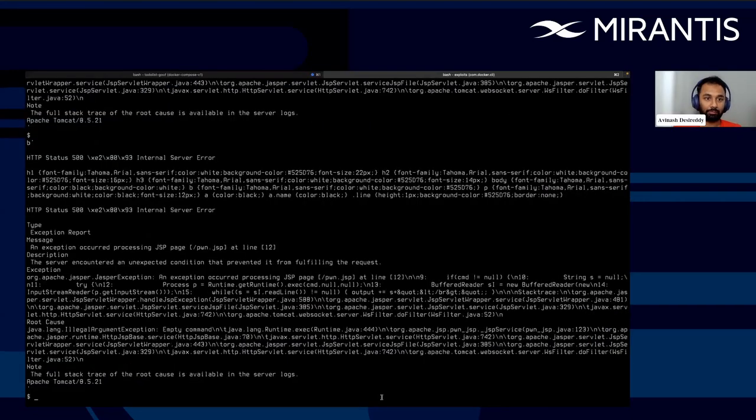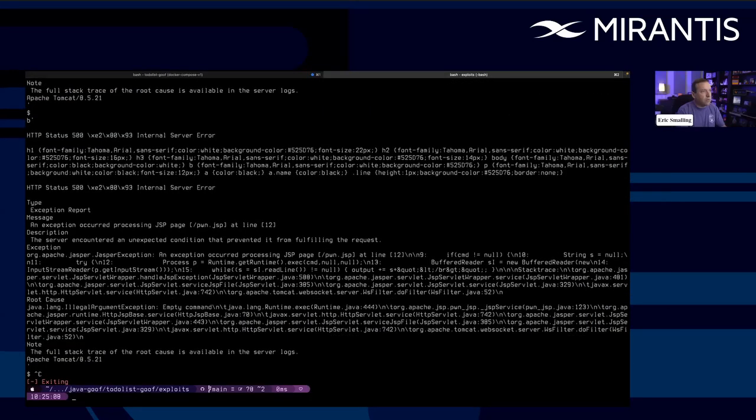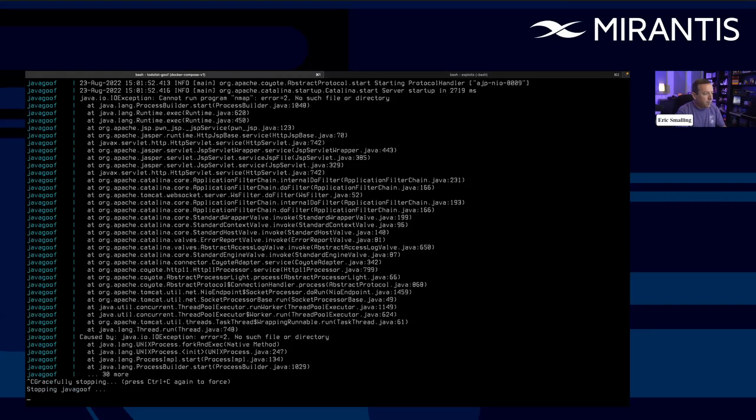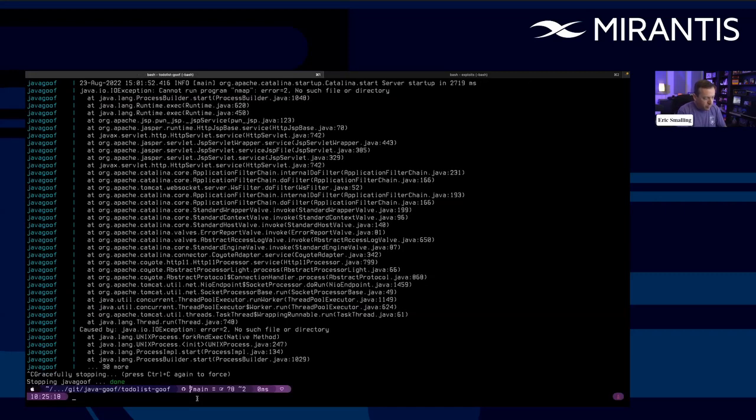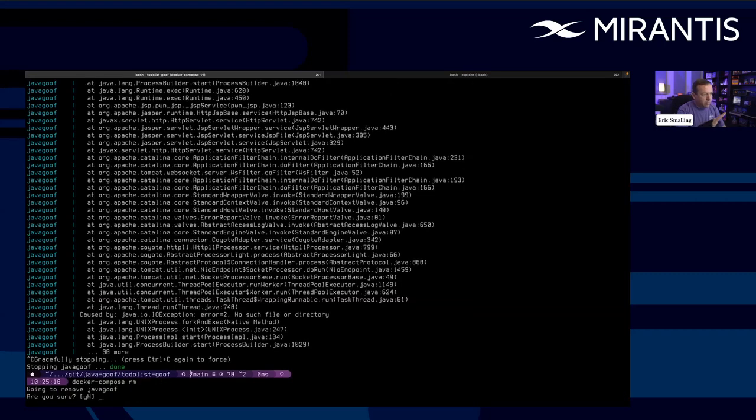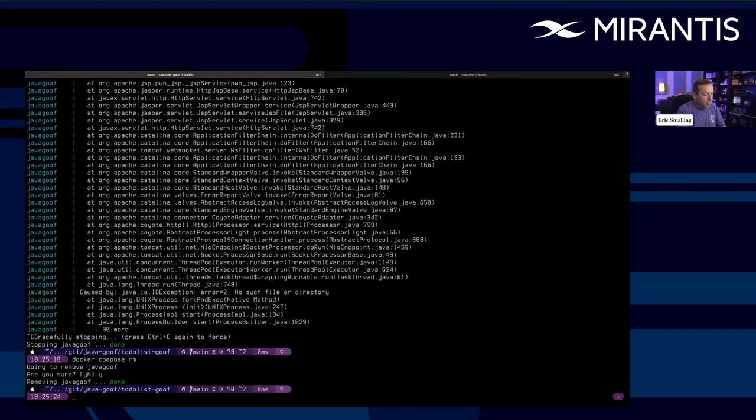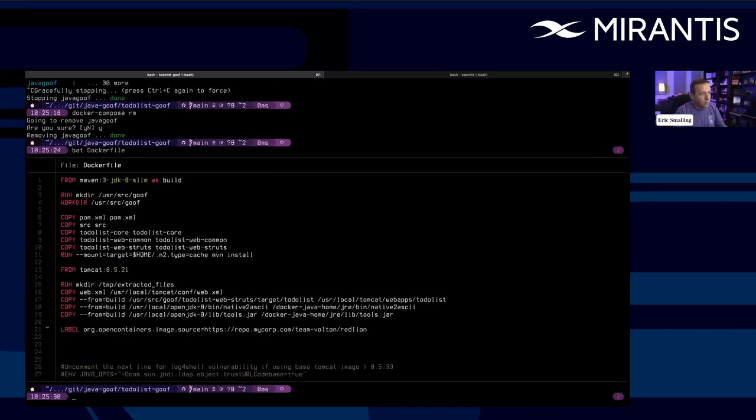And I'm going to kill out of this. This is the tab that was running the app. I'm going to kill the app. And now let's imagine, back in developer's hat, I'm a developer that happens to be working on this application. Come on, Java Goof stuff. There we go. And just to make sure I clear everything out. And I am right here where my Dockerfile is, where my app is, and all that.